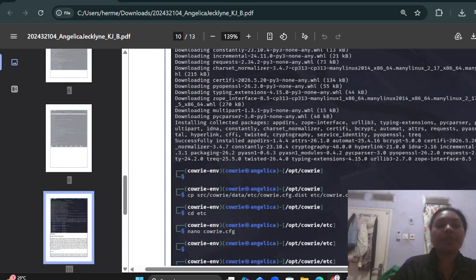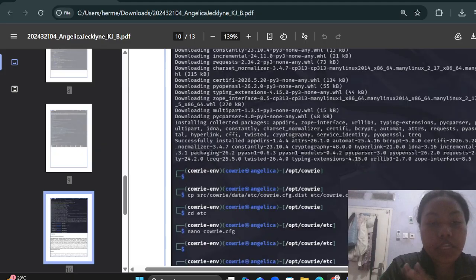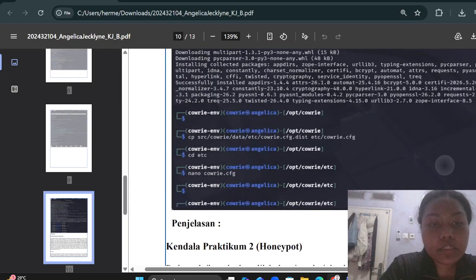However, during the implementation, an error occurred because of a configuration problem. As a result, the Cowrie service could not run successfully. Although the implementation was not complete, we learned the installation process, configuration steps, and troubleshooting techniques for the